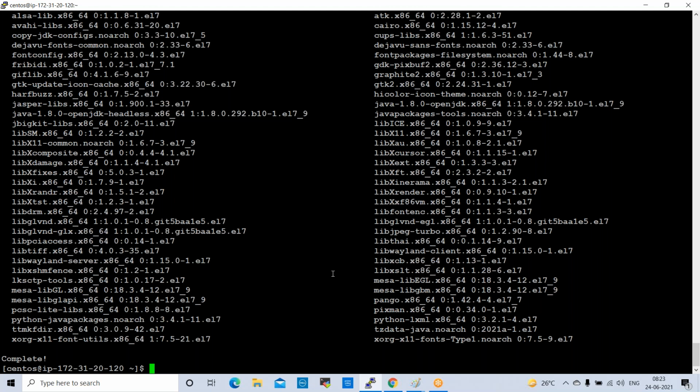So here we require Git, because we don't have Jenkins to configure the executable path. That is why we need to install Git along with Java. We can install Git here. sudo yum install git.